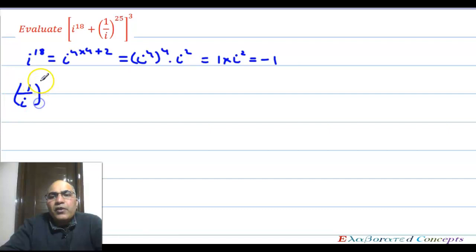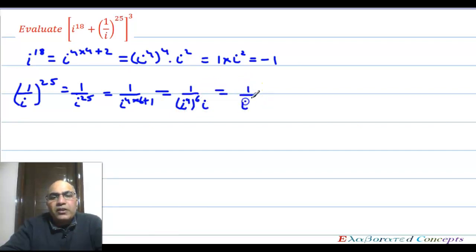Similarly, 1 upon iota whole raised to 25 is equal to 1 upon iota raised to 25, which is equal to 1 upon iota raised to 4 into 6 plus 1, which is equal to 1 upon iota raised to 4 whole raised to 6 into iota, equals 1 upon iota. Now multiplying and dividing by iota, we get iota upon iota square, which is equal to minus iota. Therefore, we get minus 1